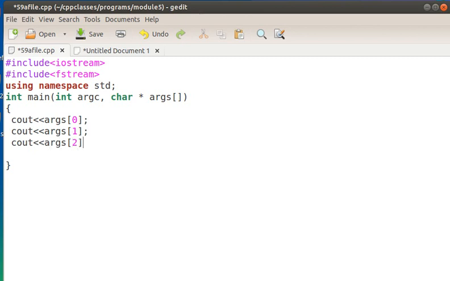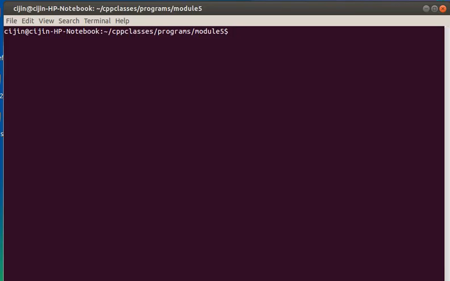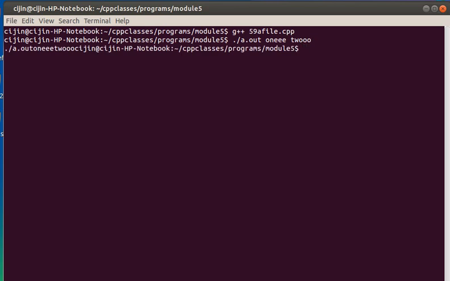I am going to pass two arguments along with the program name. This file is named 59a file.cpp. We will compile with g++ 59a file.cpp. Now I am going to execute ./a.out ONE space TWO. You can see it is printed.